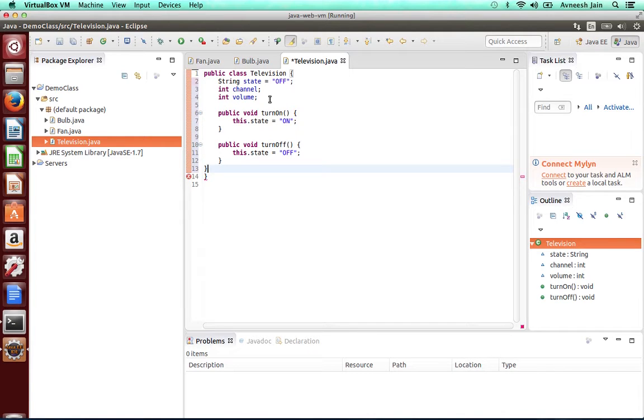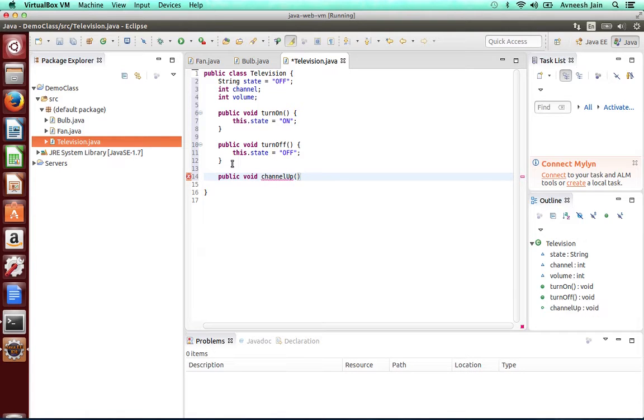Apart from this, what else can a TV do? A TV can essentially increase its volume and change its channel, right? Let's say we define a public channel up, which means that its channel is going to go one up. It's like pressing the channel up key on a remote. Say this dot channel